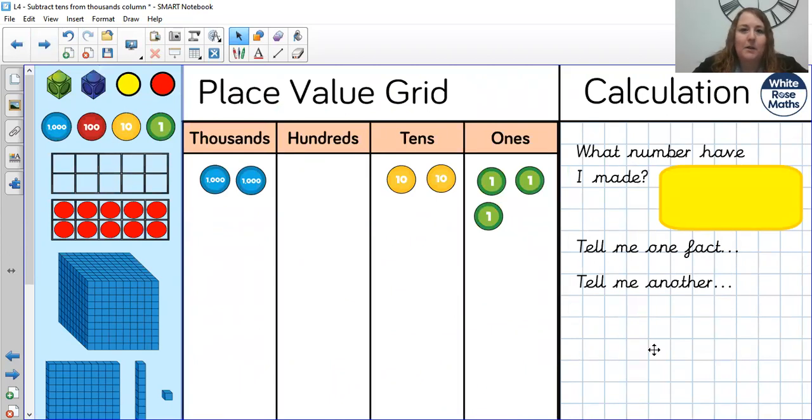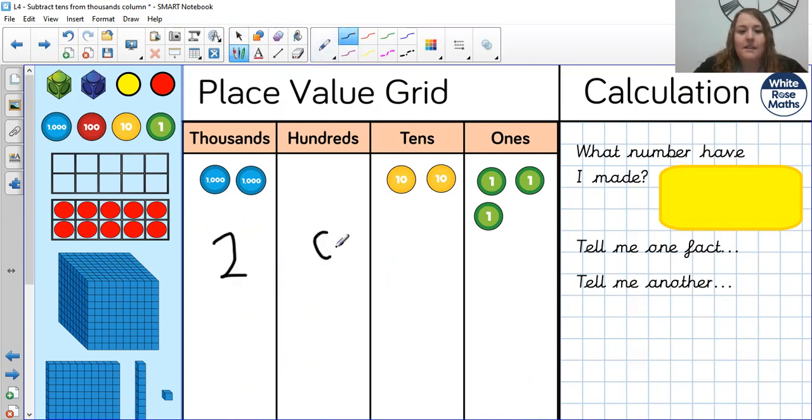What number have I made with those counters? Again, if you need to pause the video, that's absolutely fine. But if you've done that really speedily, we have 2 in the thousands, 0 in the hundreds, 2 in the tens, and 3 in the ones. And I can pop that comma in there to read the number